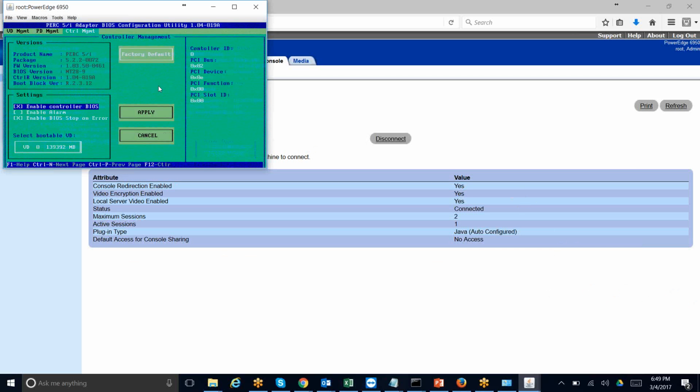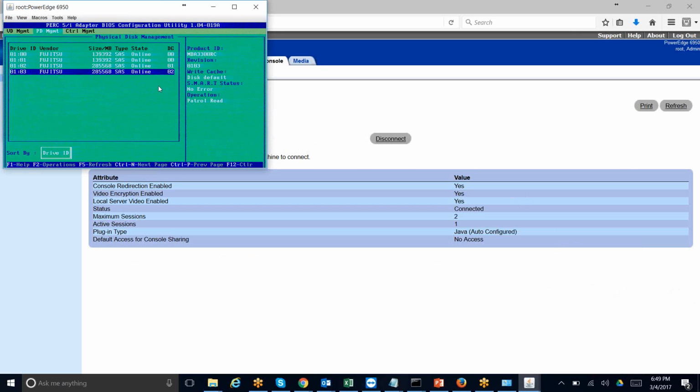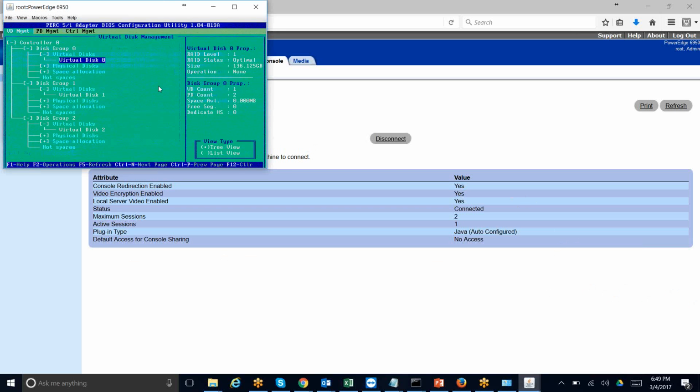क्योंकि आप रेड 5 भी कर सकते हो, कौन सा भी रेड कर सकते हो। मेरे पास 4 डिस्क हैं, रेड 01 भी कर सकते हो, 10 भी कर सकते हो, कौन सा भी कर सकते हो। तो मैंने रेड 1 किया है और 2 डिस्क इसमें लगाया है, और उसके बाद में, ओके ये डिस्क को देखो, ये किया पहले, उसके बाद में ऑपरेटिंग सिस्टम इंस्टॉल की। ये देखो रेड लेवल 0, 270 GB।